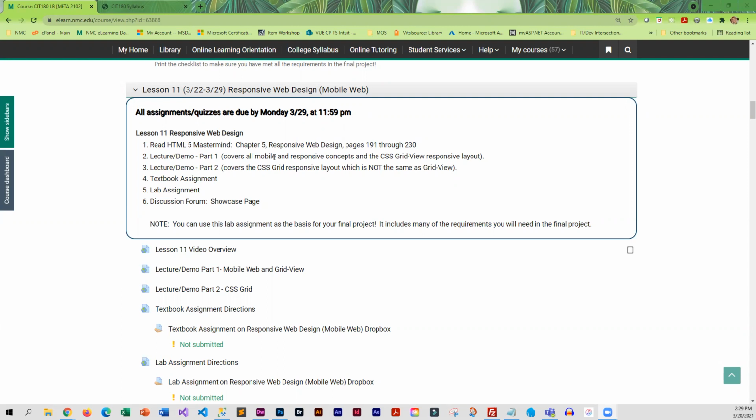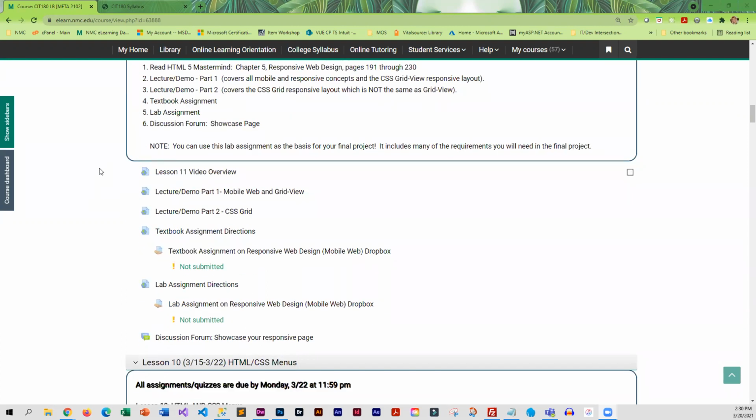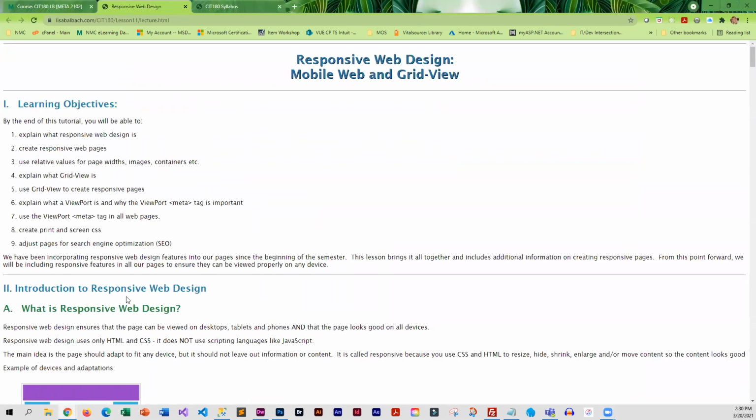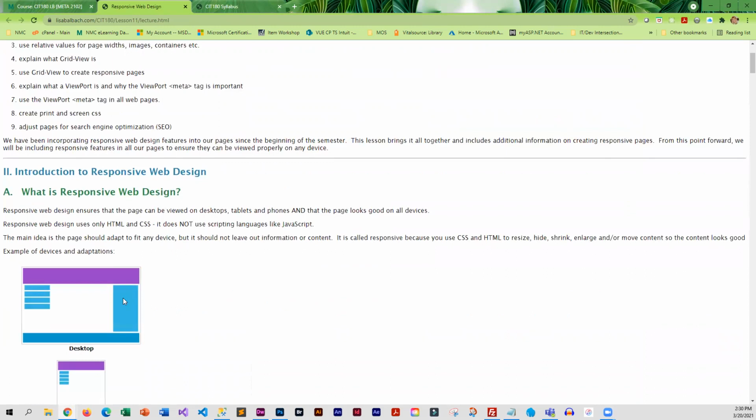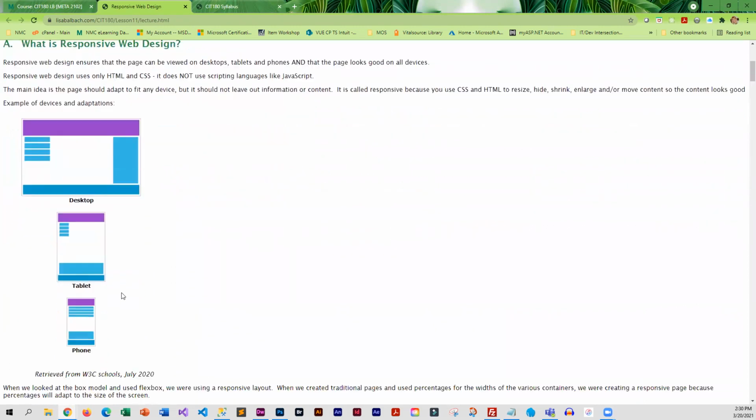And the two layouts are different. They are not the same. That's why I split them into two. And CSS Grid is actually a little bit more complicated. So read through the book, go through part one, and this gives you kind of an introduction to responsive design